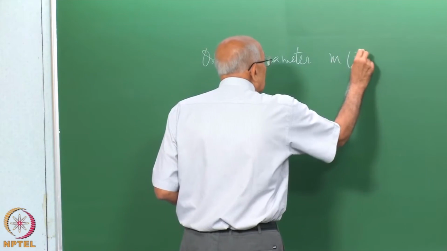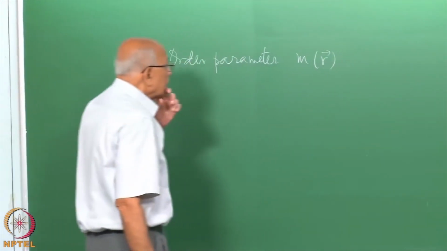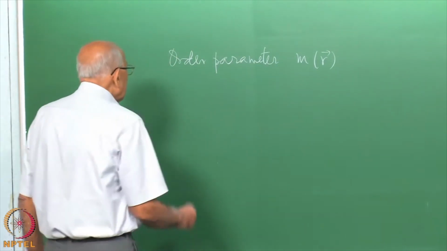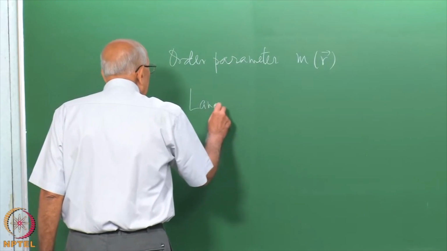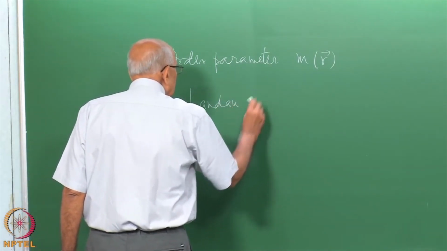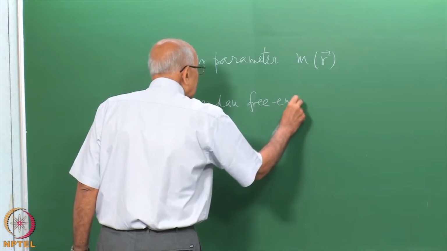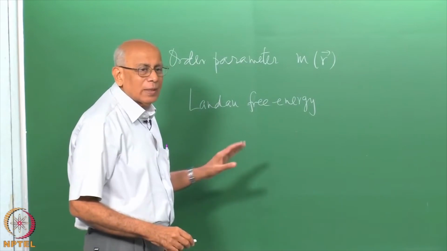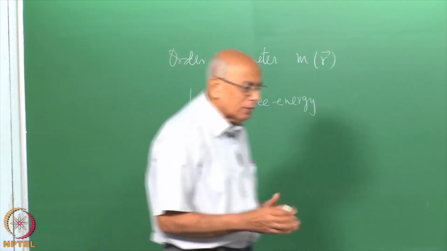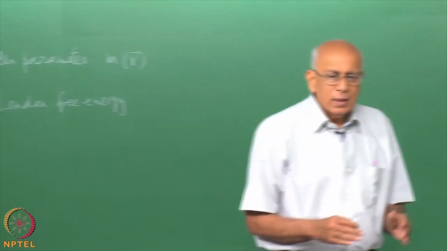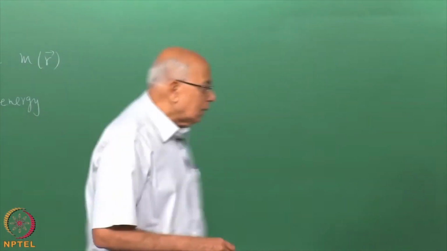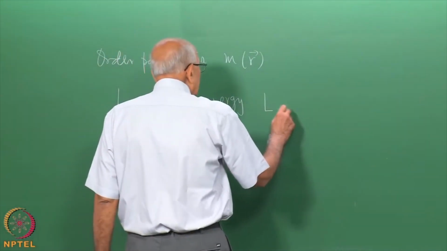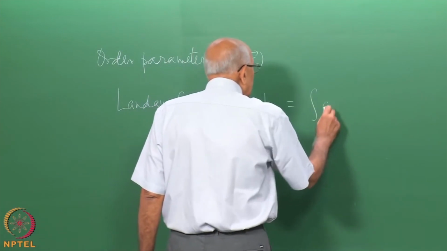So, to recall to you, we begin right away with the order parameter m of R, the magnetization or whatever the order parameter be, and if you recall the Landau free energy, it is not exactly the Helmholtz or the Gibbs free energy. We saw that we constructed a functional in such a way that you got the correct equilibrium value above and below the critical temperature. This free energy L, let me just call it L, this is equal to an integral